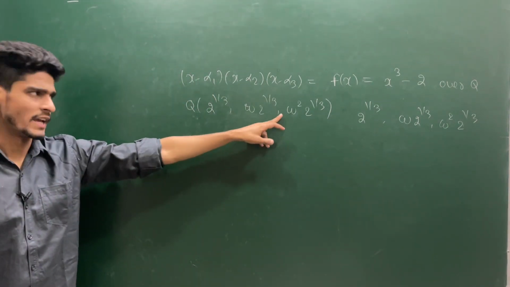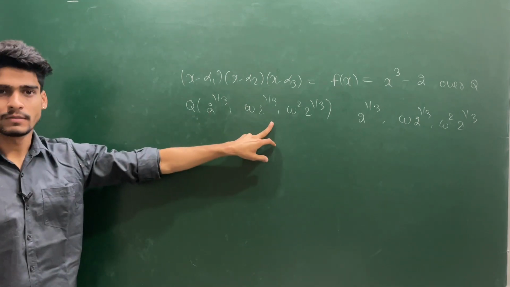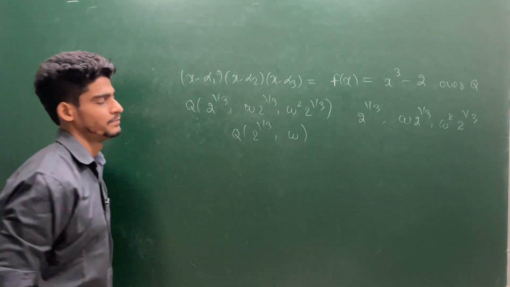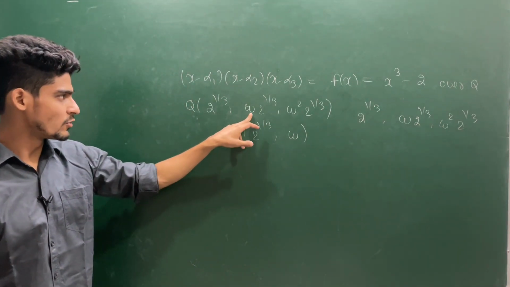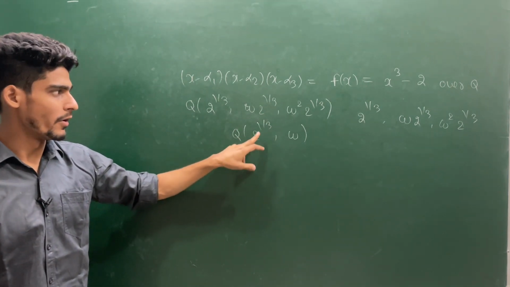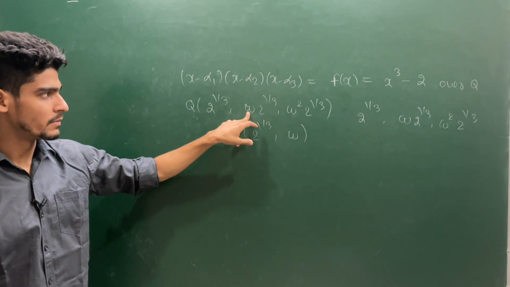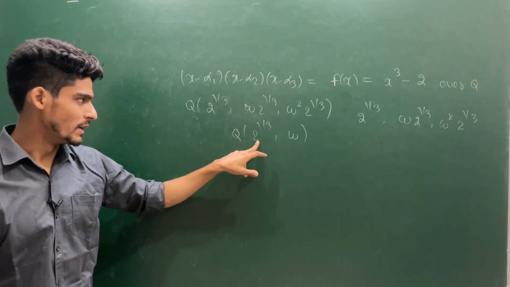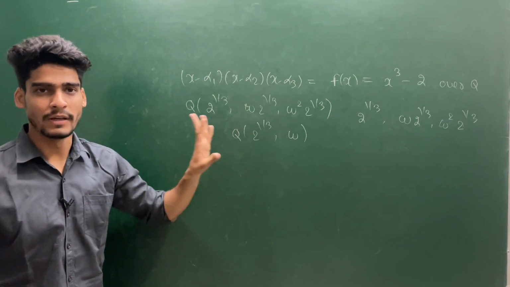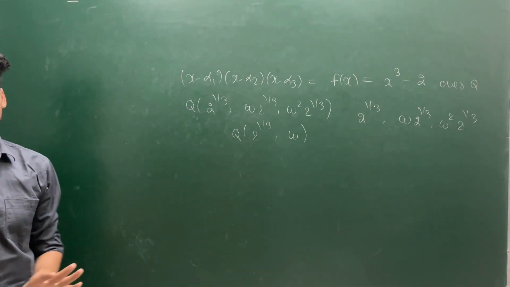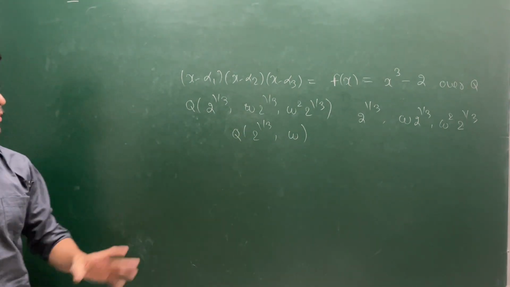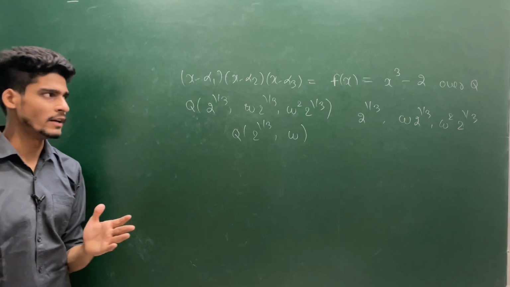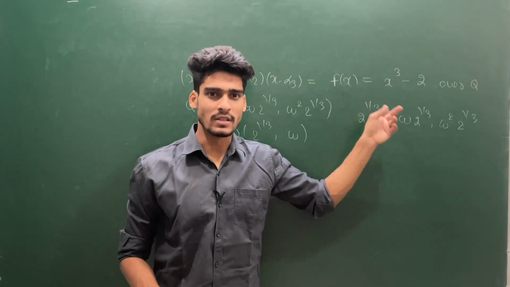So this is not the smallest one. I can give you a smaller one, which is actually Q(2^(1/3), omega), because you need to create omega times 2^(1/3). Omega is here, 2^(1/3) is here. If you take the product you will have this term. You take omega into omega, you get omega square, and you multiply with this, you get every root. Every generator of this field will be here. So we are looking for the smallest one, and such a smallest field is called the splitting field. You can say a smallest field, but soon we will prove that the smallest field is always unique.